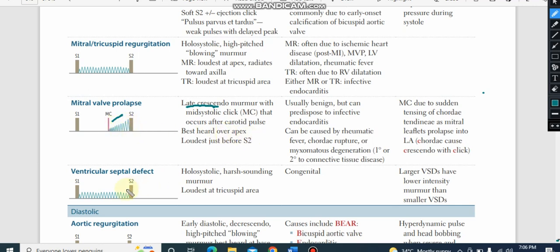Okay. So we have the ventricular septal defect. Again,